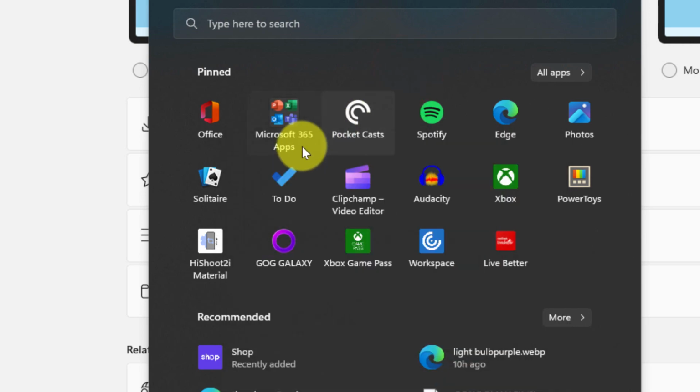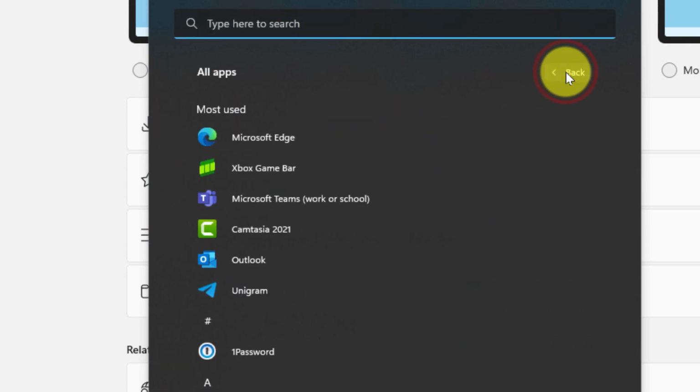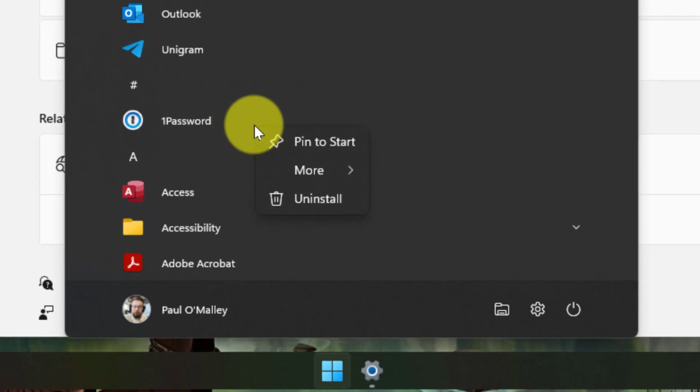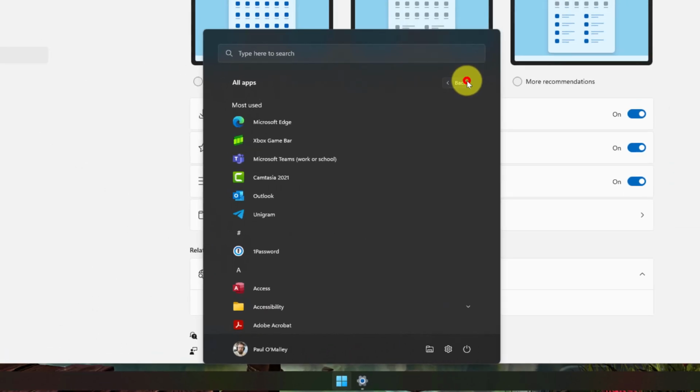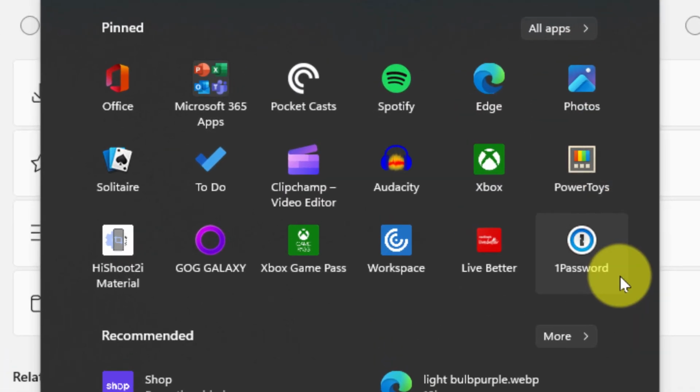And now that I've got that sorted, I also have this last little empty space over here in the bottom corner. So I'm going to add an additional application from my All Apps list to the Start menu. Easiest way to do this is to simply right click on the application in your All Apps list and select the option that says Pin to Start. Now when I jump back to my Start menu, what you'll see is there I now have 1Password directly on my Start menu, easy access as well.